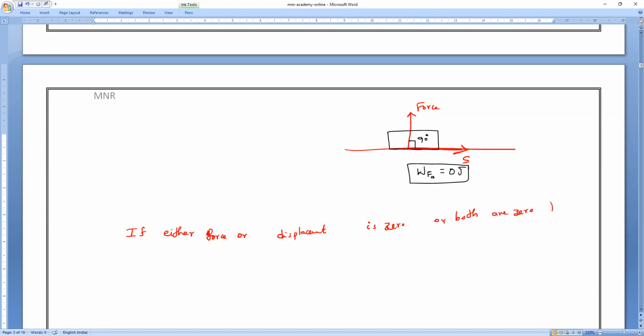Both are 0. Then also, work done is what? Everybody? Then also 0. Work done is 0. See,